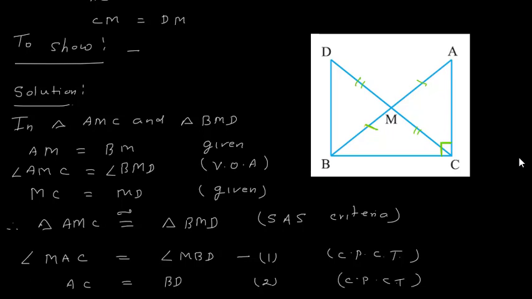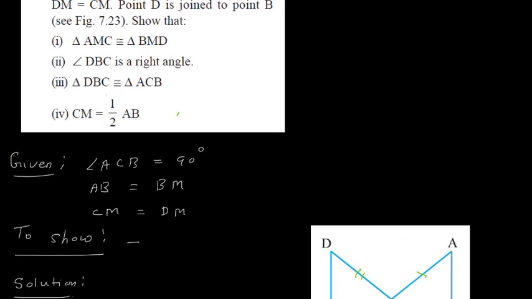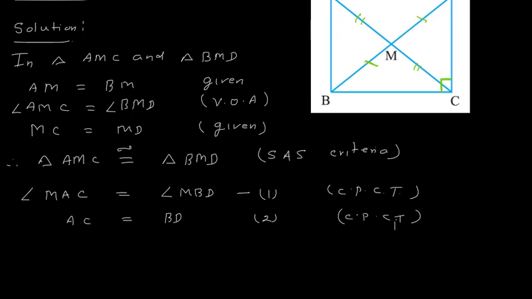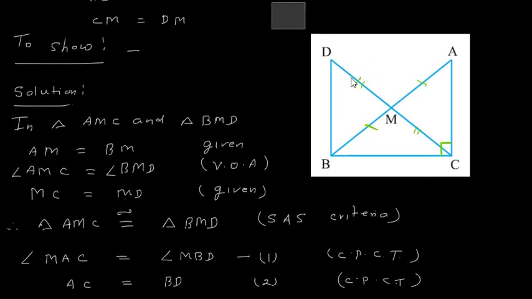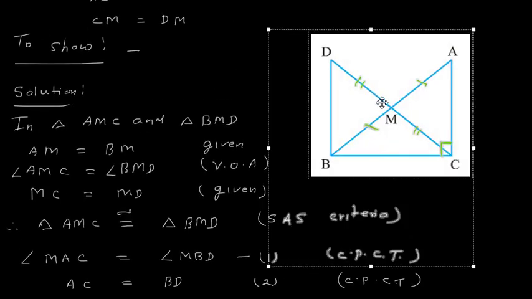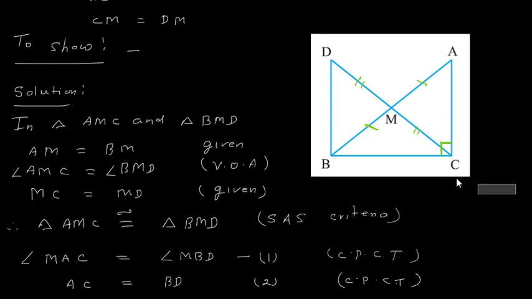So initially I have seen what we have to prove and I analyzed the diagram well. Therefore I conclude these 2 points from congruence of these 2 triangles. They will help me out to prove the other parts. Now I have to prove this angle B is 90 degree. Now for that, let me bring this diagram again down. I will copy this and I will put this diagram here.